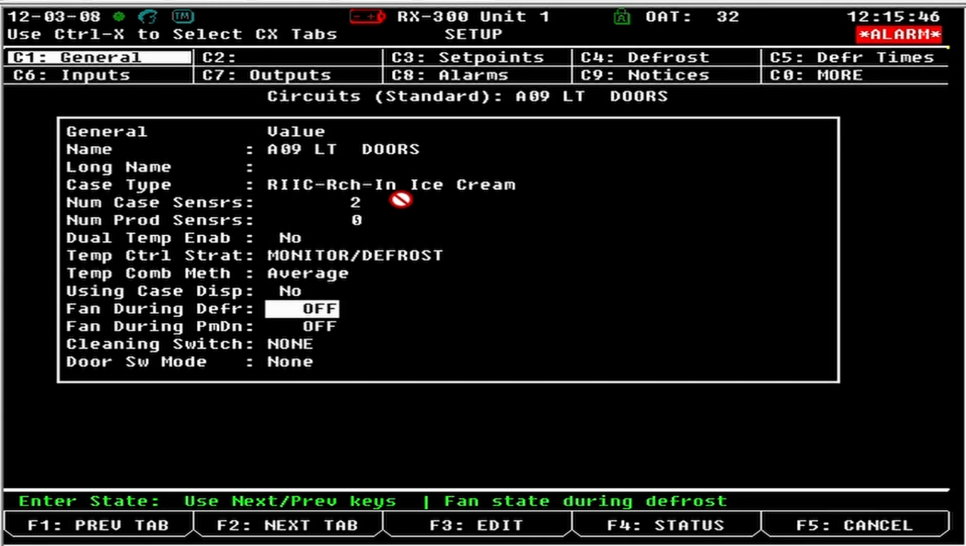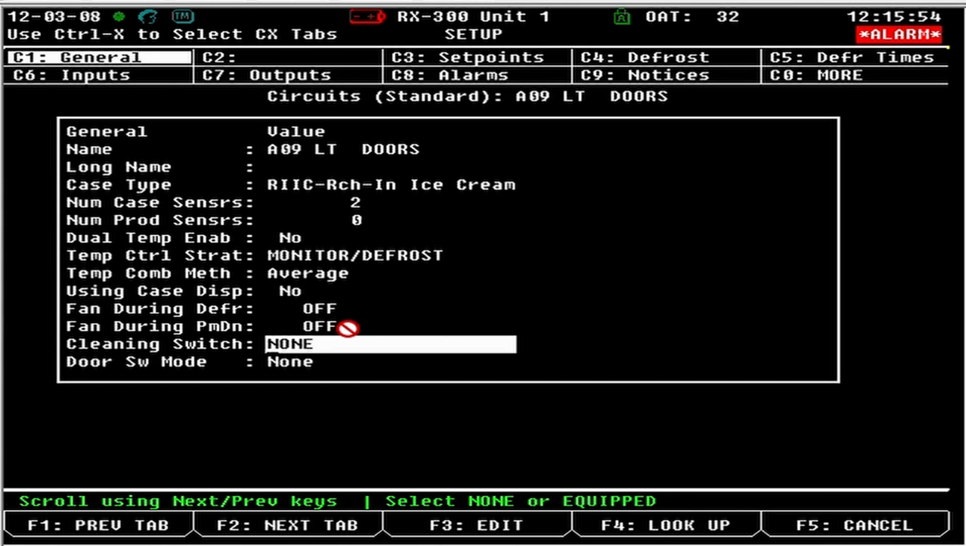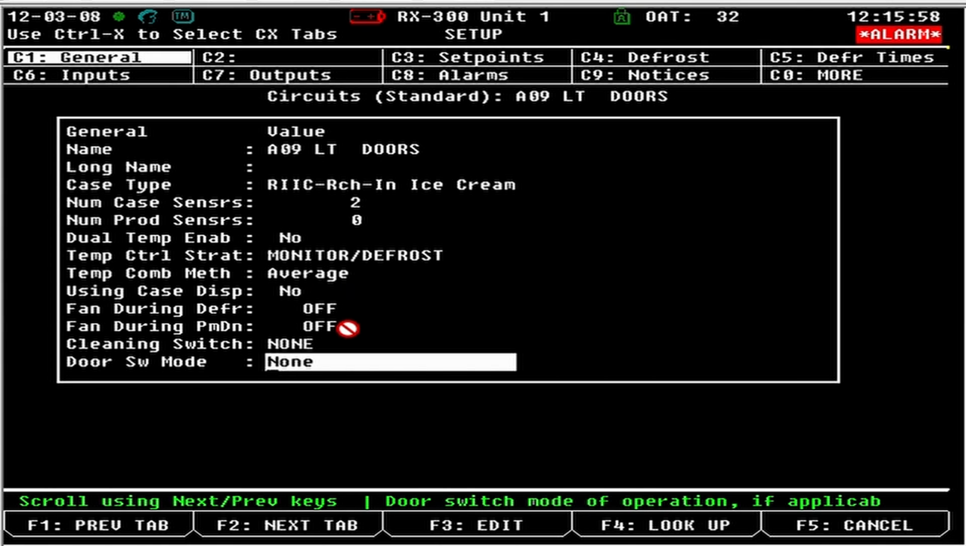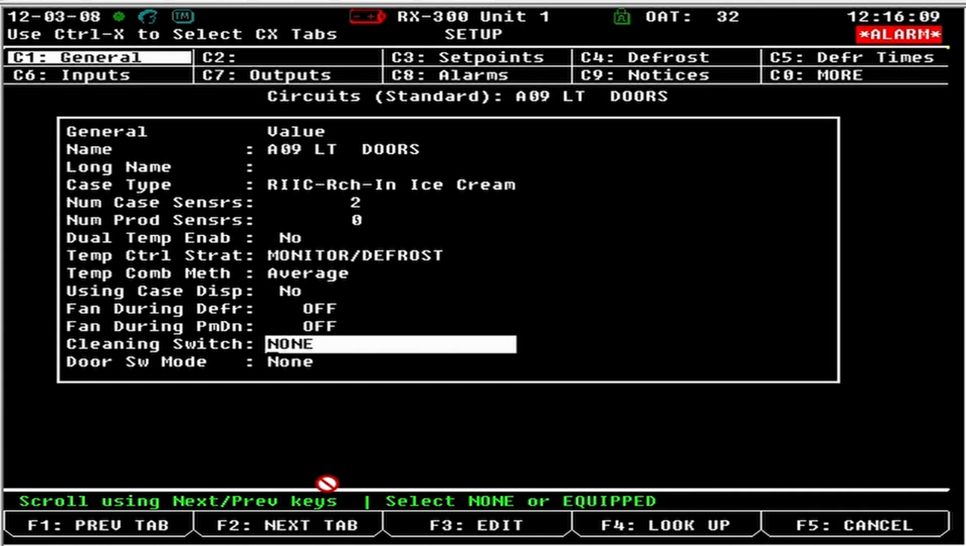If you're not controlling the fan with CPC, then I never even mess with these. And then cleaning switch. If you have a cleaning switch mode or a door switch, there's going to be your next options. So this is where you would tell it yes or no, and this is going to populate additional menus for you. So once you get this filled in, and we'll tell it has a clean switch, we'll hit lookup,